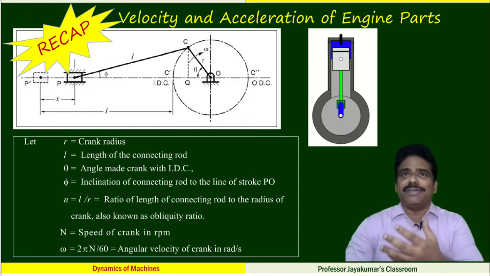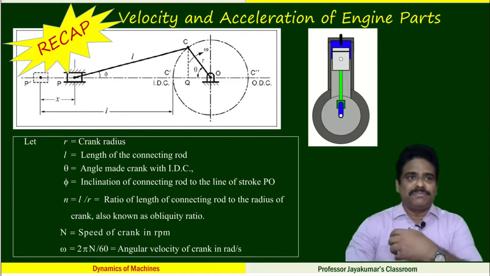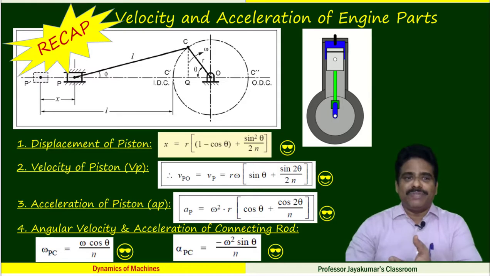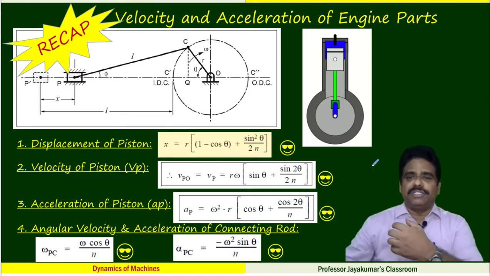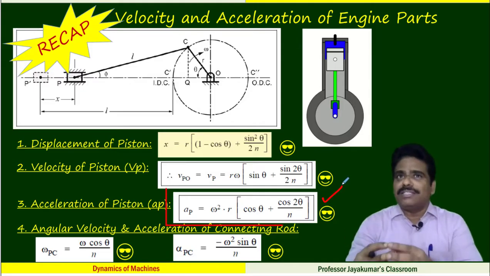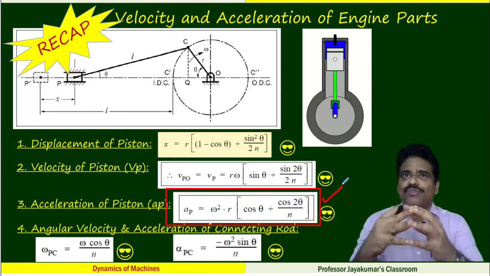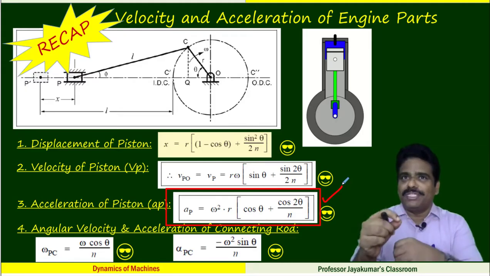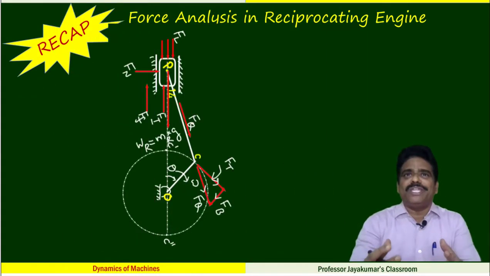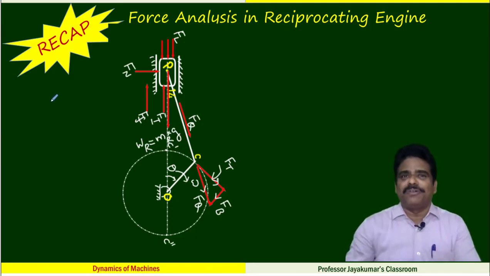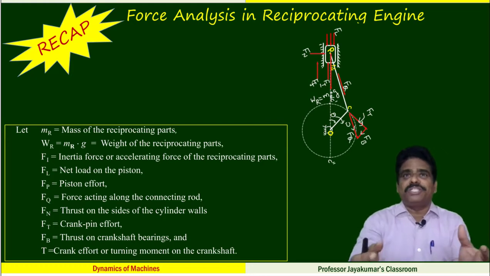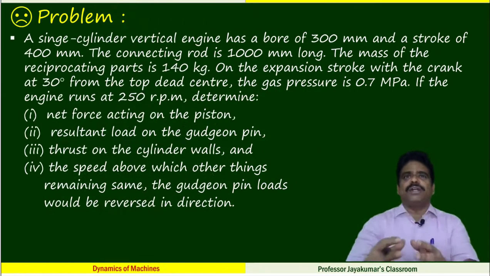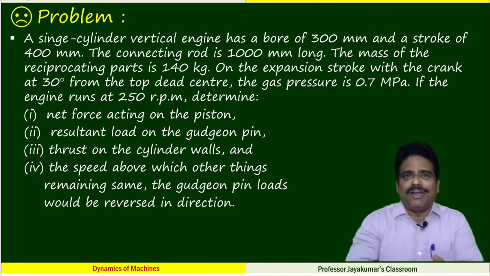These are the notations that I have been using while solving this problem. These are some expressions that we have derived earlier, especially this equation, acceleration of the piston, would be more useful for us while solving this particular problem. These are the various forces acting on an IC engine. All the lines that are drawn in red are the various force components, which we are going to discuss now. So while solving the problem, these are the notations I use. There you are. This is the numerical problem which we'll be solving now.